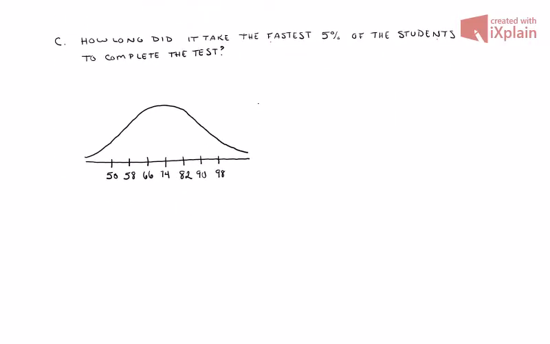So, part C. How long did it take the fastest 5% of the students to complete the test? So, in this case, what I want you to note here is that we just have to guesstimate where the top 5% of the students are in this. So, if you remember your empirical rule,